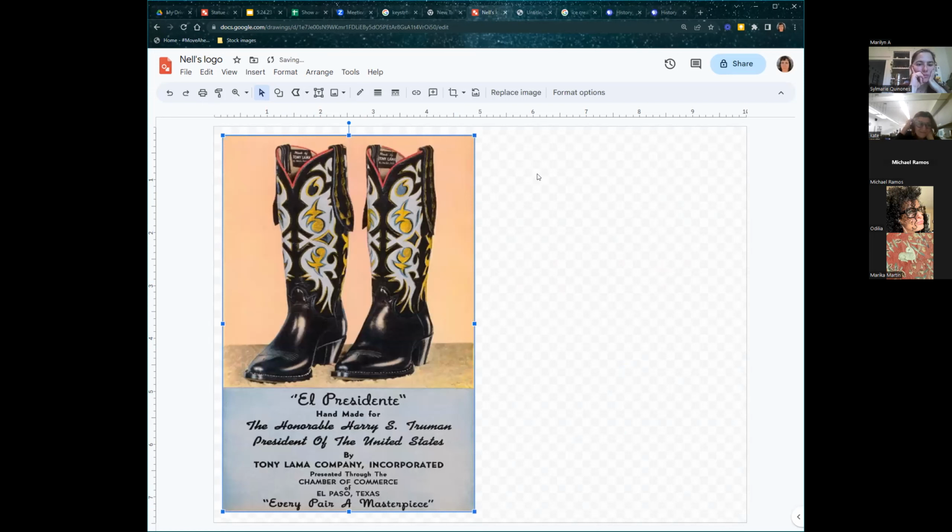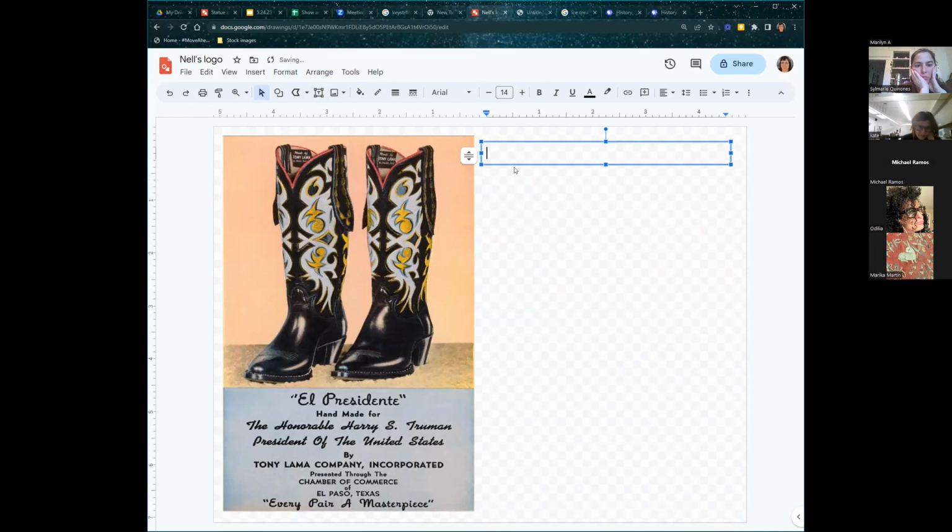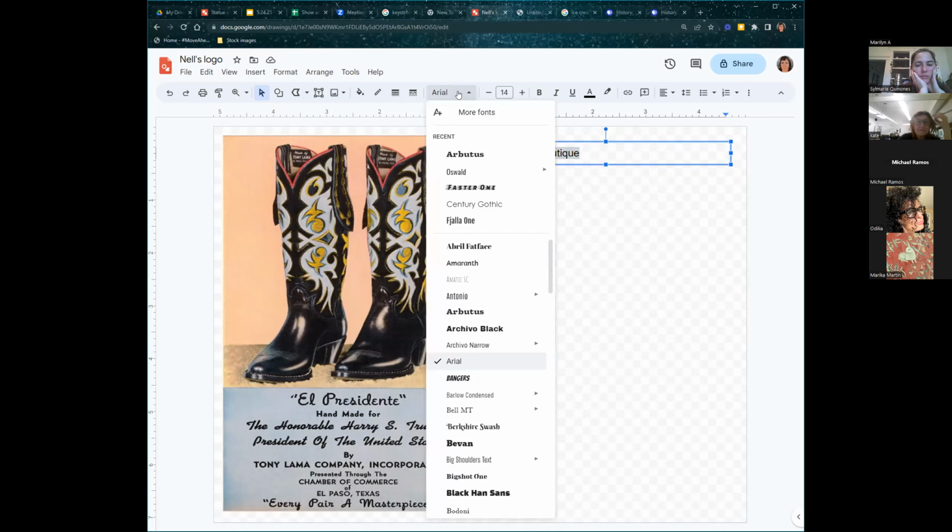So I have my image, and now I want to have some writing. I can click again from my ribbon, the text box, and I can make a big text box here. And I'm going to call this Nell's Boutique. And the fun thing now is to go up here and change my font. When you're looking at fonts, if you've added new fonts anywhere else in Google, they'll show up here. Notice you have a more fonts